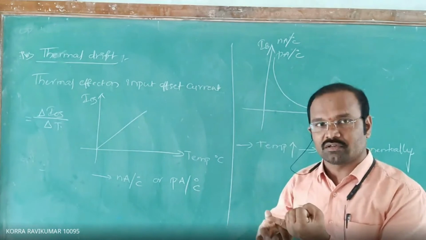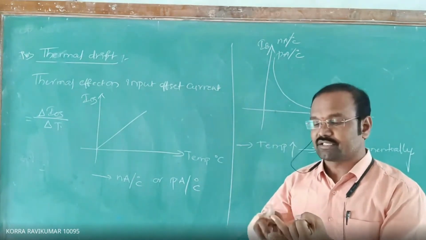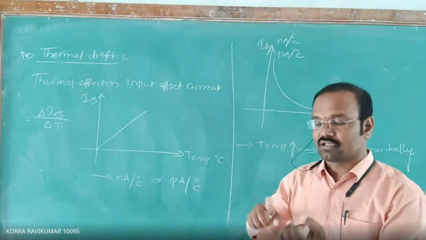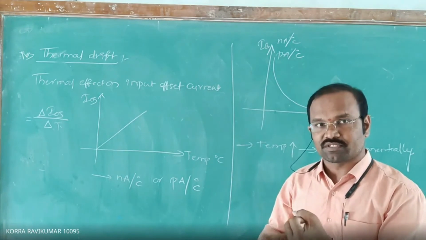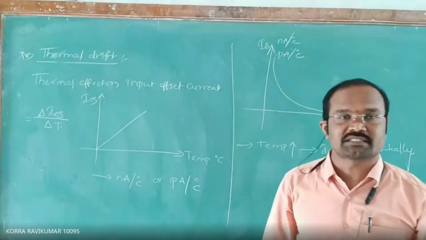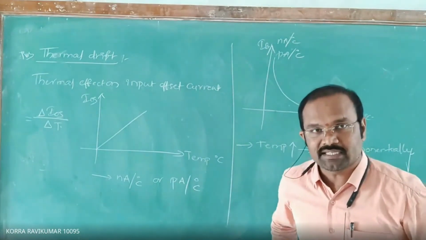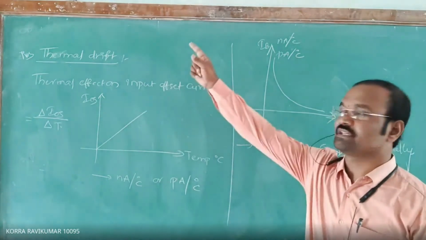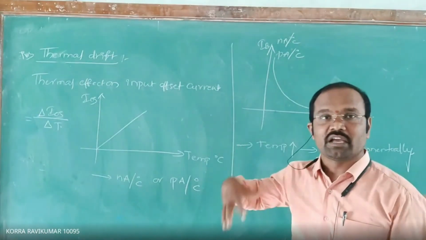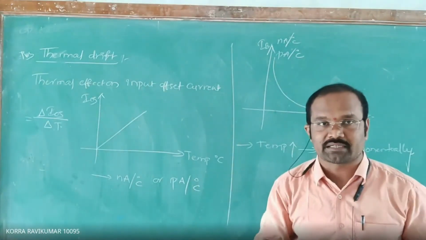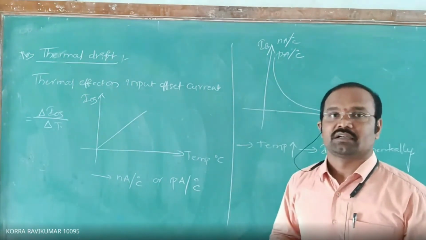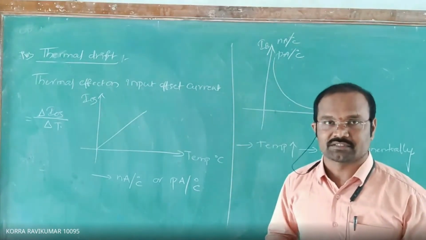First we had a discussion on input offset voltage, input offset current and input bias current. Next, the effect of temperature on input offset voltage, input offset current and input bias current. All these discussions come under the DC characteristics of op-amp. Our today's topic is op-amp characteristics. So far, everything we discussed here is about op-amp DC characteristics. In the next class, let us go for the op-amp AC characteristics. Please copy this.